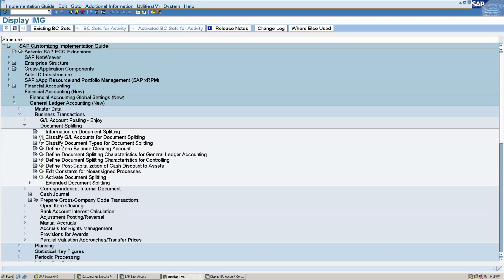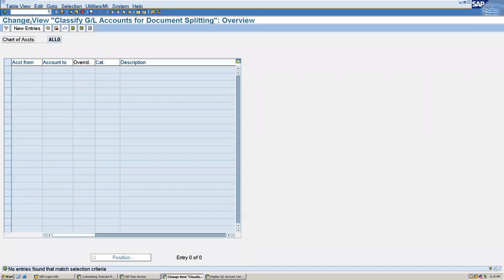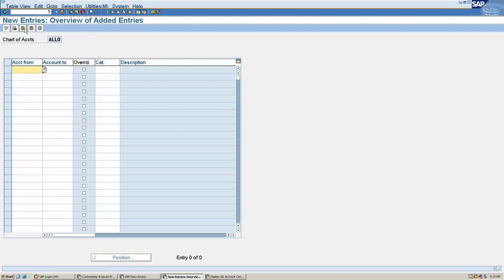So what all accounts, at the time of account group we have defined in the chart of accounts, we can give here. Okay, so I am giving my chart of accounts ALLO, giving new entries.